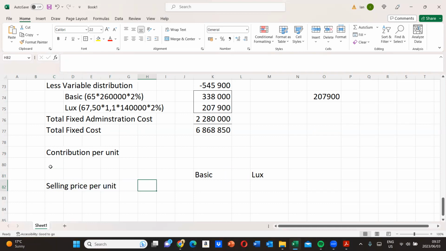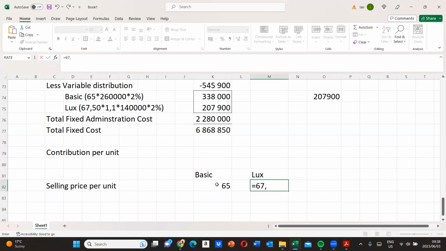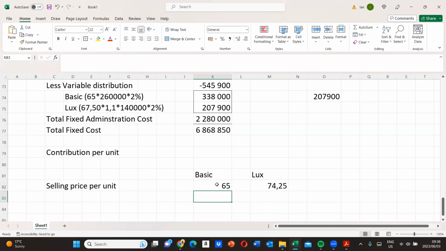So in this regard, how much are we selling? The budgeted selling price per unit. For the other parts, we saw it's 65. And then here we saw that it was 67.5, plus, or we can just say times 1.1. So it will give us